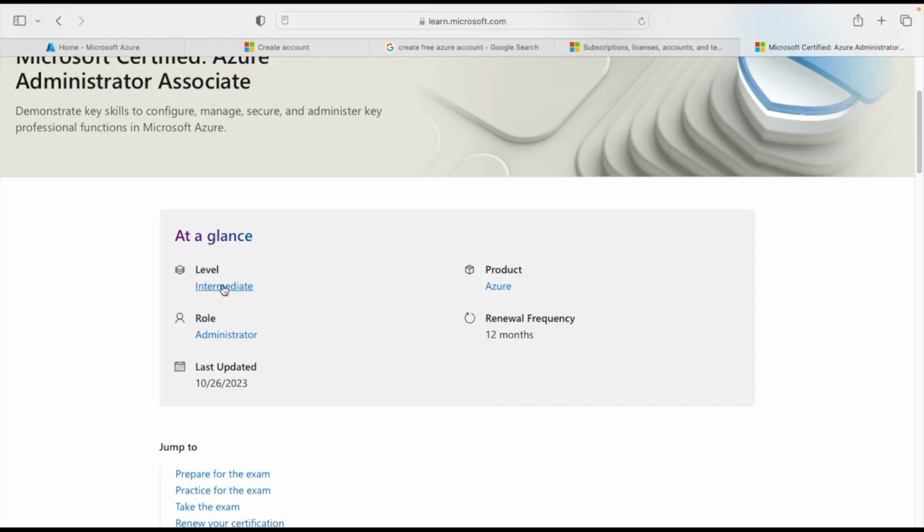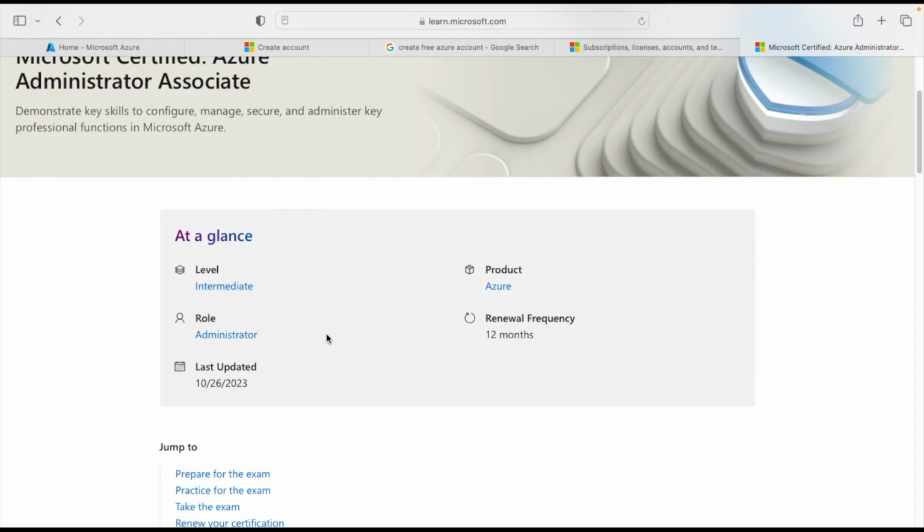It is recommended that before starting the journey with AZ-104, we cover AZ-900. But that is an optional recommendation. Why? Because in this course, we are going to cover everything from scratch. So if you first achieve AZ-900 and then go for 104, the services will be quite familiar to you when you cover the course of 104. But even if you don't have the AZ-900 certification, you can directly go for the AZ-104 examination.